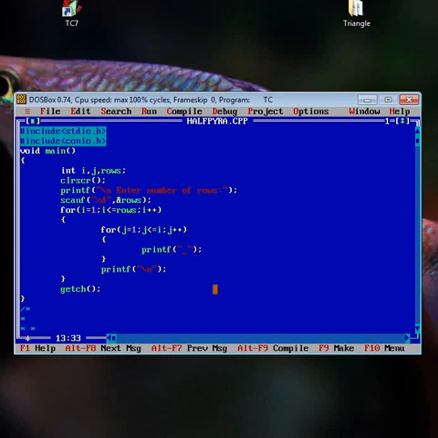star or 1, I am going to print the value of j. Let's check what will happen. So though the value of j is integer, we have to use %d and %d and j.